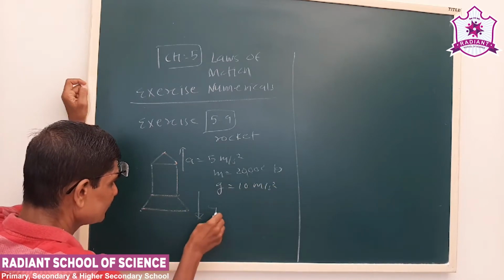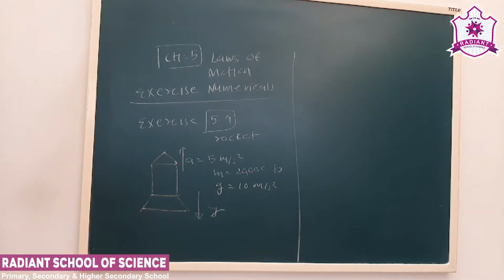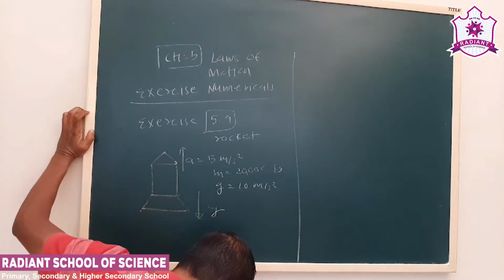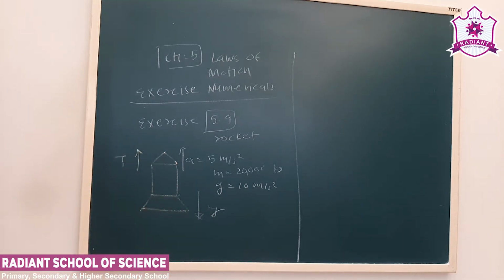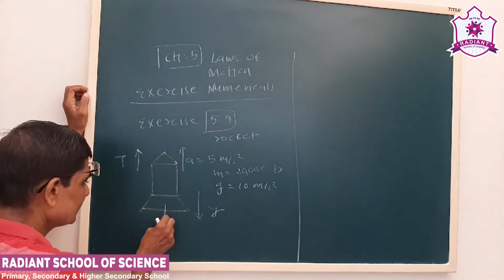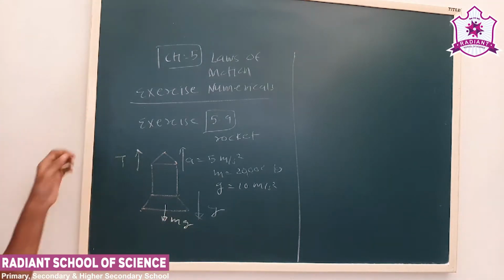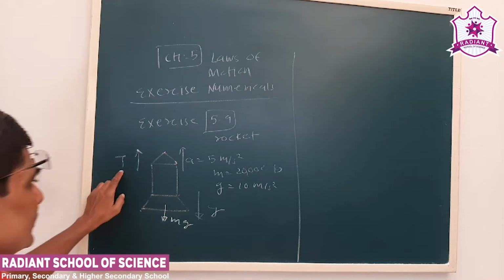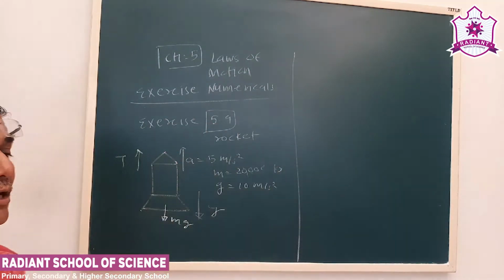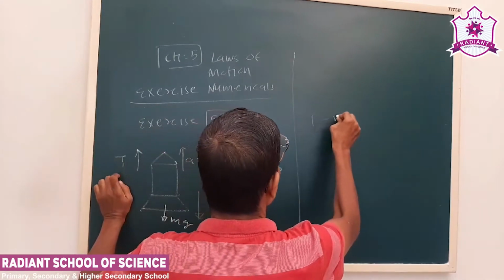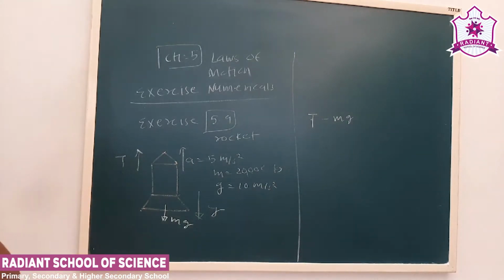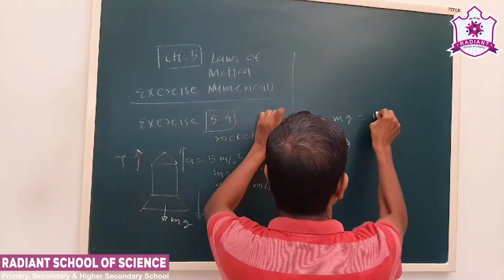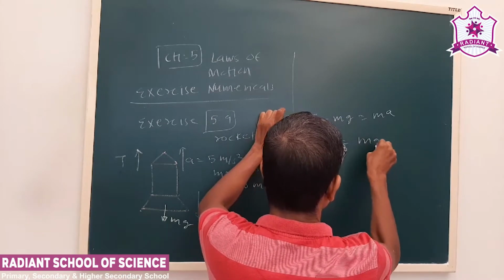Now we know the gravitational acceleration is always in the opposite direction. Let us say T is the thrust acting on the rocket. Now what are the forces here? The weight of the rocket is in the downward direction. So what can we write? The resultant force by using Newton's second law of motion: T minus mg, where T is the thrust or the force, is equal to ma. So we can write T is equal to mg plus ma.